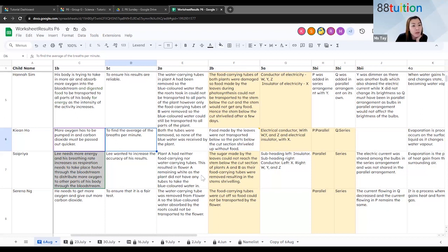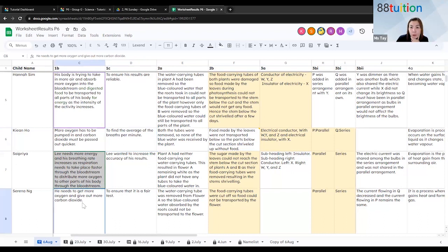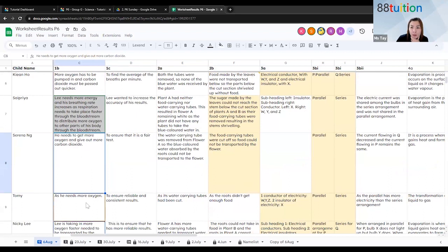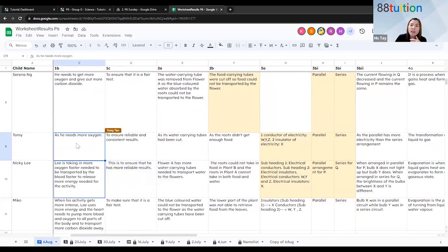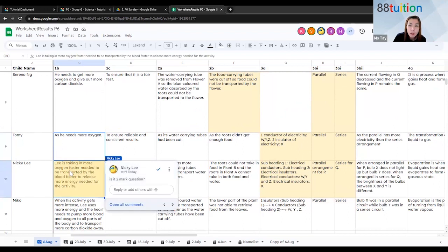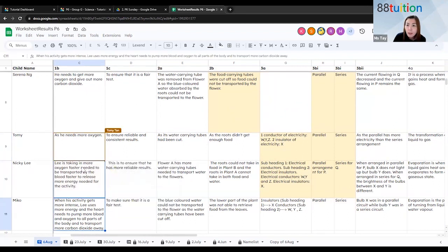Then you don't need to write down everything else because we are just answering based on breathing rate. Okay, Serena, he needs more oxygen, this 1 mark I said already. He needs more oxygen for what? For what, Tommy? He needs more oxygen, right? But you have to answer why more oxygen is needed. Okay, Nikki. Lee is taking